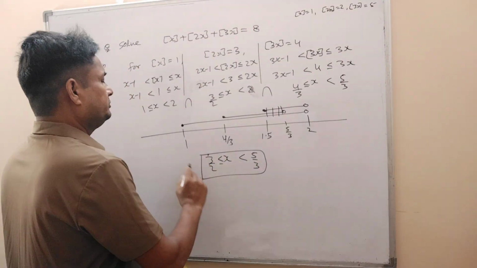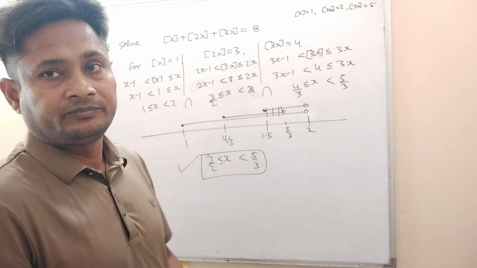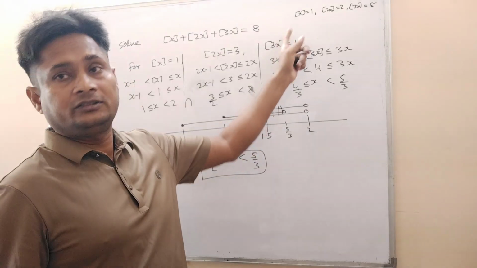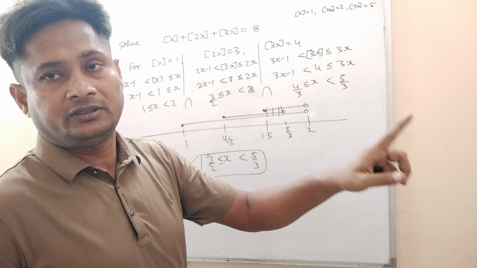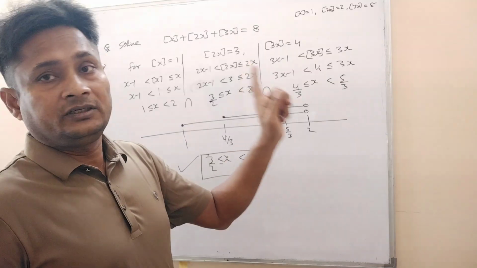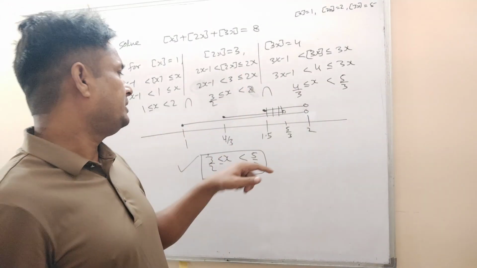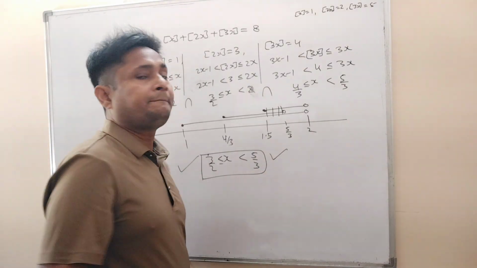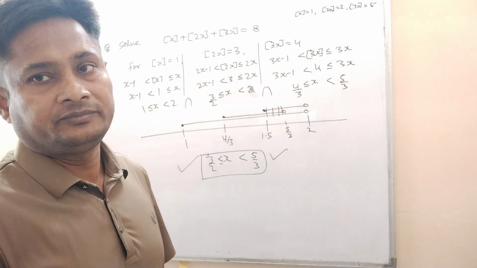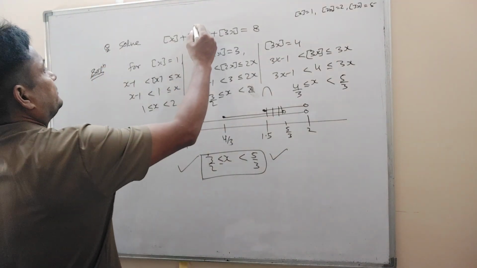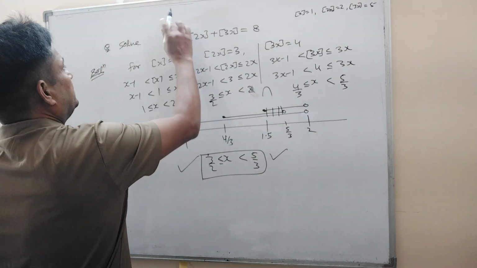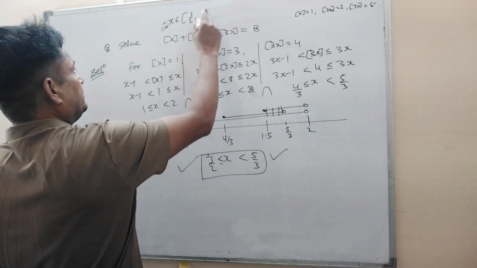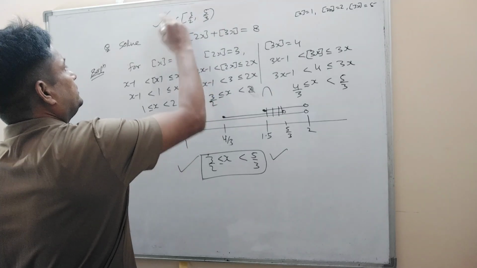So this is the possible solution for the first case, which is giving greatest integer of x is 1, greatest integer of 2x is equal to 3 and greatest integer of 3x is equal to 4. From that we are getting this interval. So this is the first interval in which the solution will exist, right? So the first answer is what? X belongs to 3 by 2 to 5 by 3. This is the first case